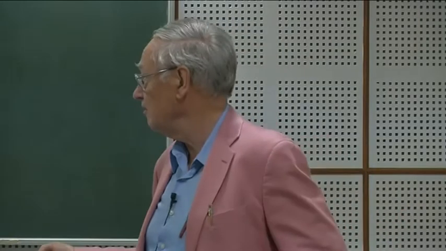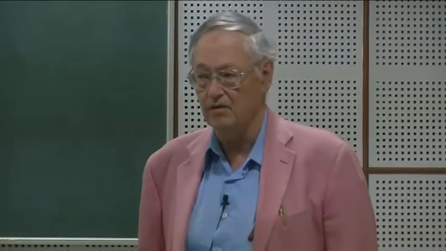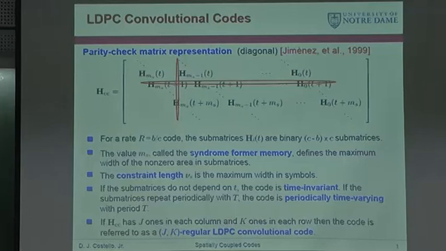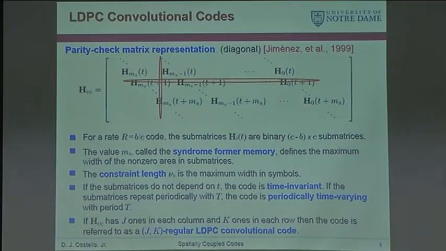Okay, and that would be reflected here from the H matrix point of view in the large syndrome former memories. You can also have irregular LDPC convolutional codes. They're actually not as interesting. We'll maybe, if I remember to say it, mention why later on. But the regular ones are the ones. Remember the